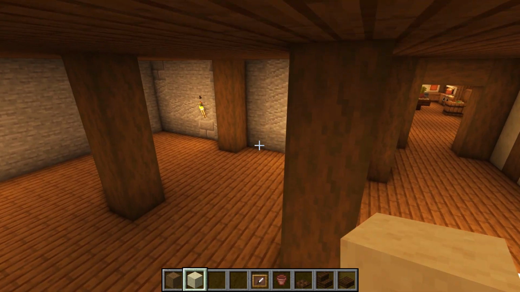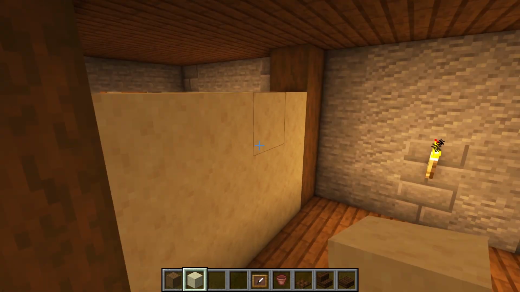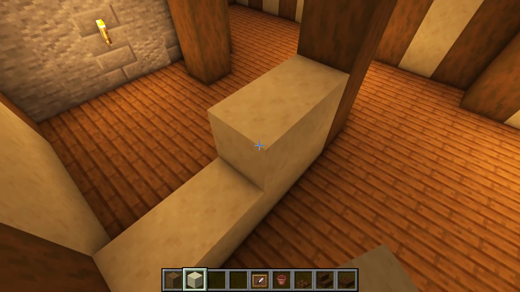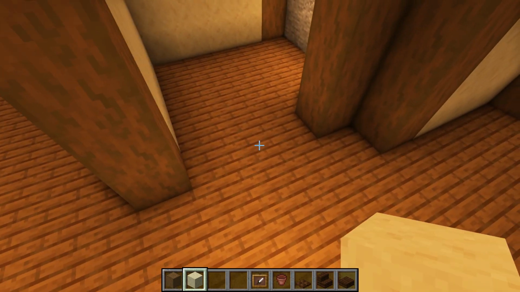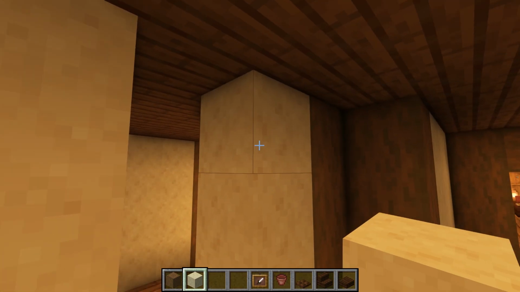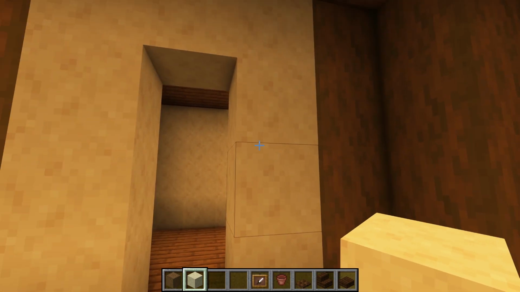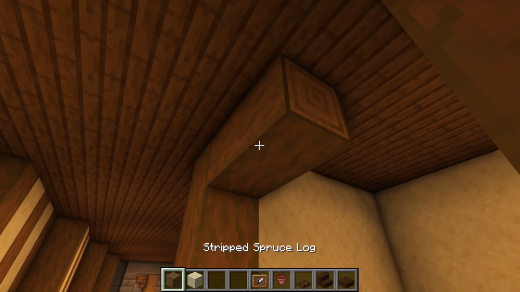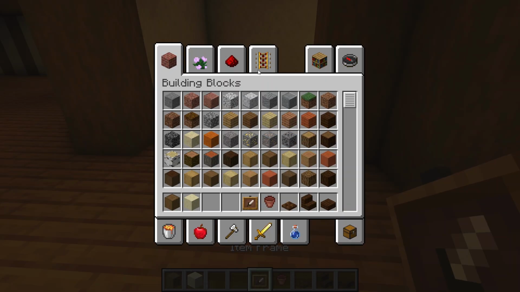Then using the smooth sandstone, we're going to put in a wall across this one. We're going to put a wall in down here. All the way up to the top. Then on this side here, we're going to just make a door frame. So let's go up like this. All the way up like so. And in fact, we're not going to do that. Let's just change that. What we're going to do is get our pillar like this all the way across to here. Then we're going to grab our spruce trapdoors